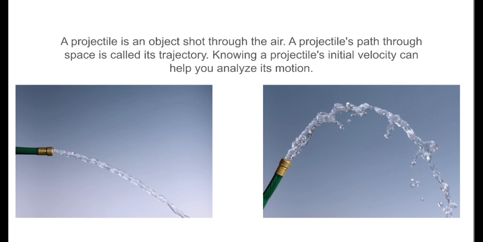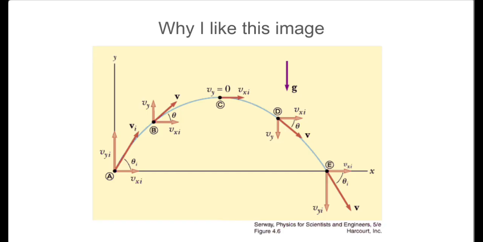As you can see here in figure 1, a projectile is launched horizontally. It immediately curves downward, but in the second figure, it curves upward due to the higher angle. It rises then falls. You're able to see the maximum point being the top of the parabola and how it just falls downward. Here's an image I really like because it shows projectile motion on a graph